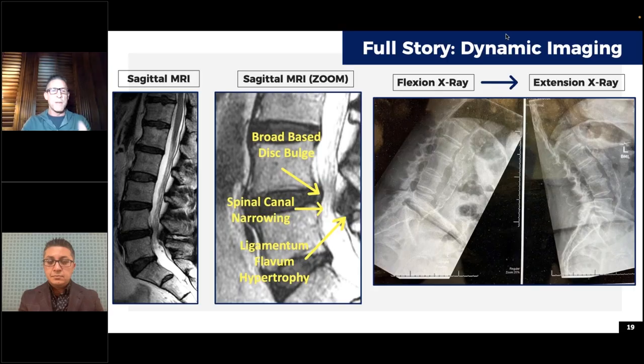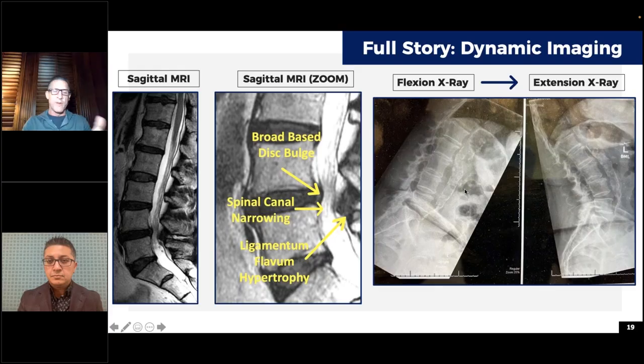But when you look at that MRI, you're getting some of the picture. I think what you can see from that is that there is stenosis. You can see there's ligamentum flavum hypertrophy. You can see there's facet hypertrophy. But we don't know until we get the flexion and extension film what degree of either dynamic instability or angular instability or vertical instability there really is. And so I want to totally emphasize to the group tonight, you don't have the full picture unless you get these flexion extension x-rays.